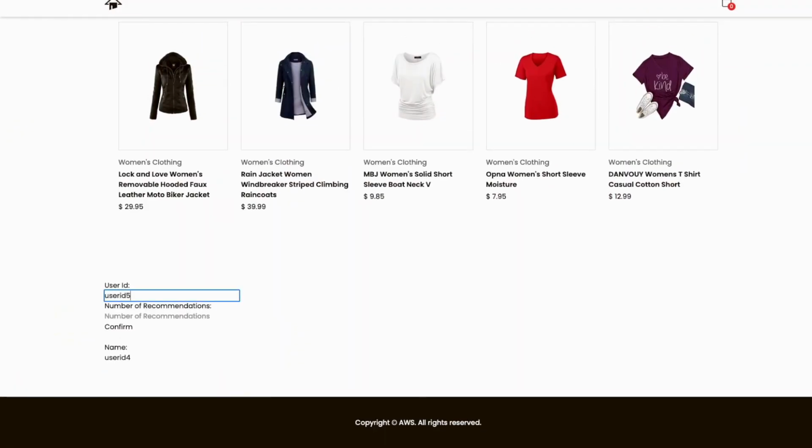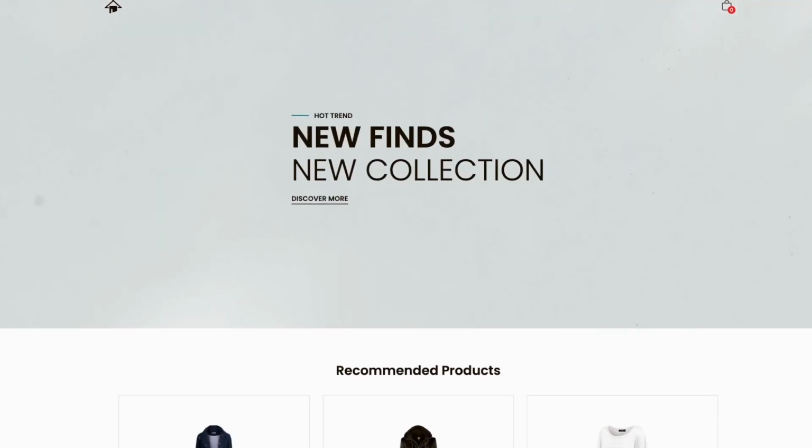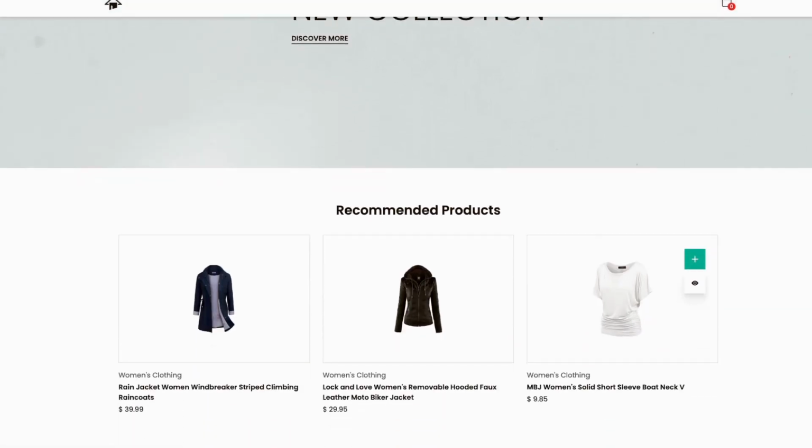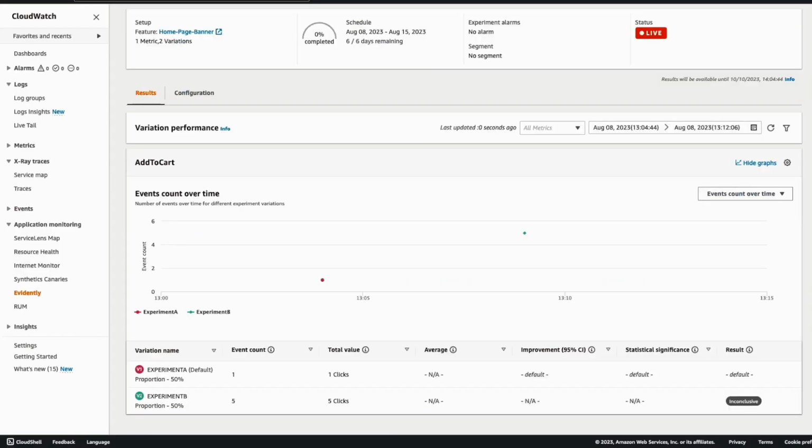User ID 5. So this is the image that we like better, because this stands out, and the text is very clear and it's very pleasing and neutral. So I like that, and I want to make sure that this experiment wins. So I will be recording more clicks for this. One second. Okay, so when I'm refreshing this, as you can see, this number is updated,